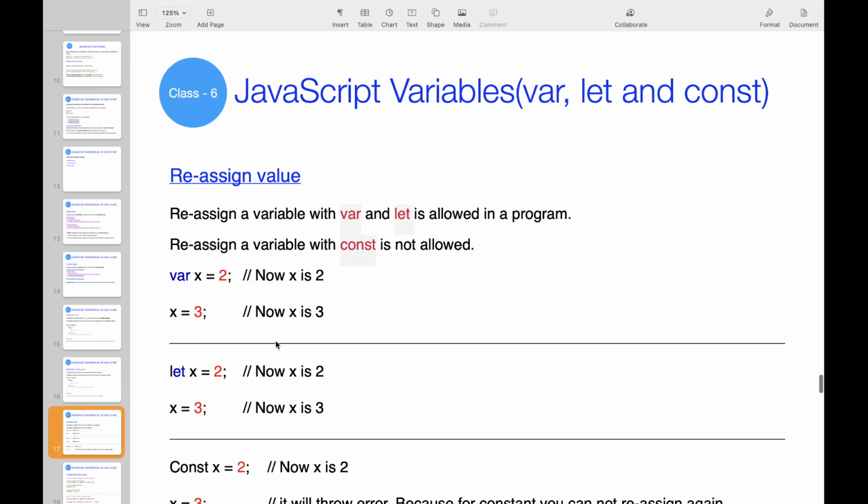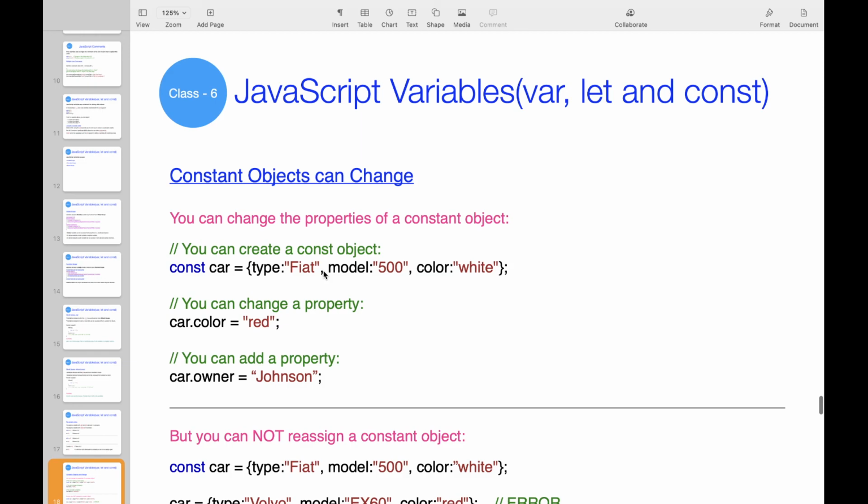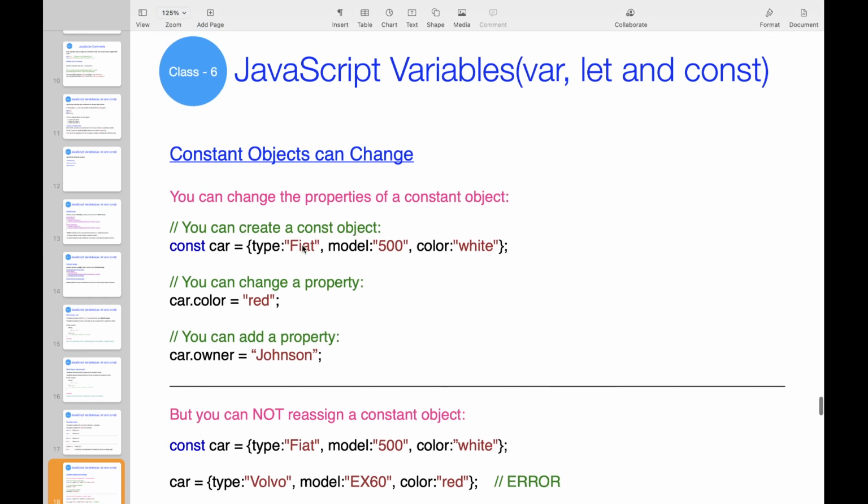And reassign: you cannot reassign anything to a constant. Once you assign something, you cannot override that. But if you take an object, you can override a property, or you can add some new properties to the object. Coming to objects, I will tell in a later session what an object is, how to use it, how to add properties, how to change properties and all. For now, just think an object is there and we can override some property like this.